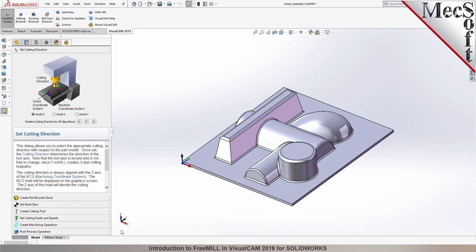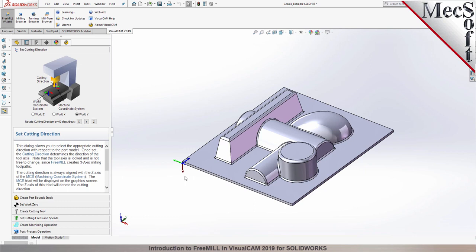However, the WCS is for reference only. It does not directly control the output of your toolpath. If I were to select World Y, you would clearly see another coordinate system that exists. This coordinate system does directly control the output of the toolpath and is referred to as the Machine Coordinate System,